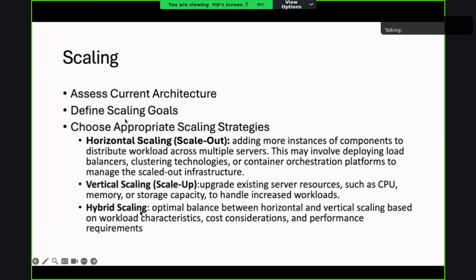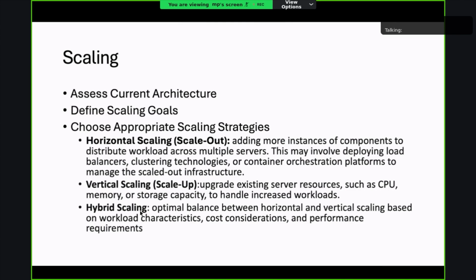So in such a complex heterogeneous architecture, when it comes to scaling, the first step should be that we have to assess the current architecture.